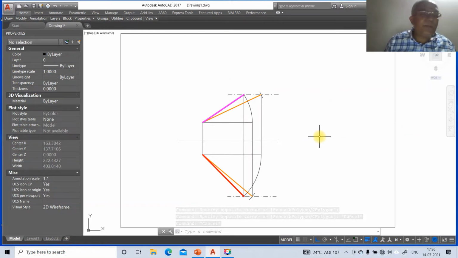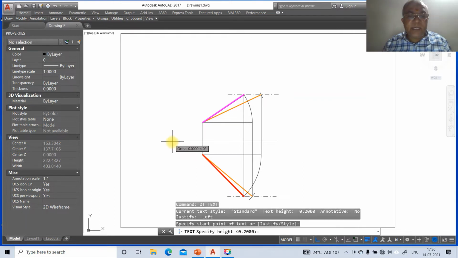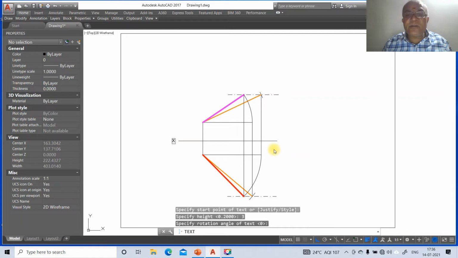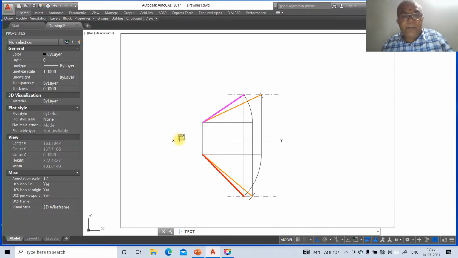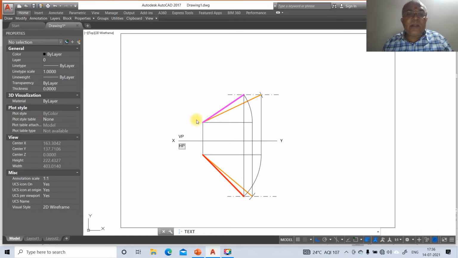So now we need to write the text. So first we will go for dtext. So you mark this as 3, text height as 3, rotation angle as 0. So first you are going to mark this as XY and you identify this as vertical plane and this as the horizontal plane. And here this is capital A. So here you mark this as capital A in bracket, this as capital B in bracket, and this is going to be the locus of B,